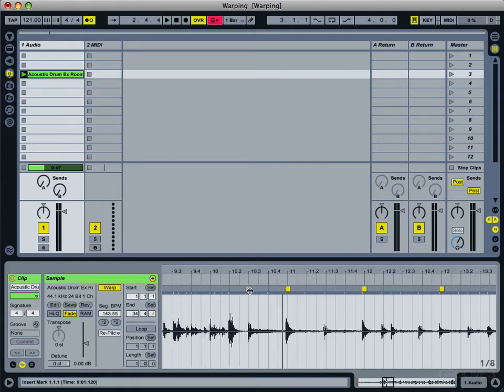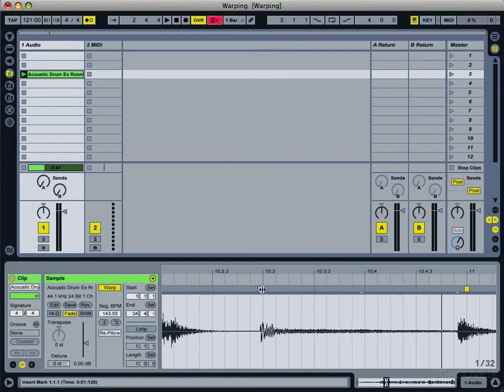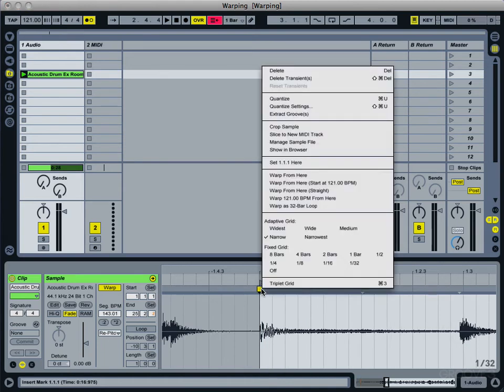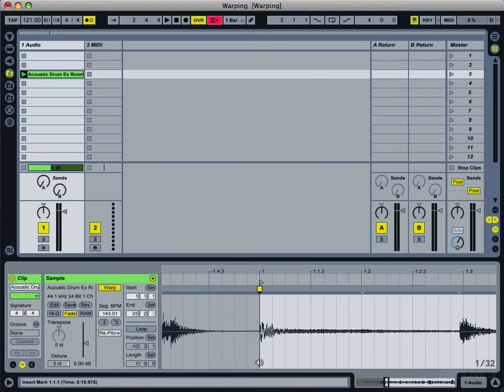So what we're going to do is, you can see there's already a transient marker there. Just going to double click on that, set 1 here, and then warp from here. We didn't need warp from here straight this time because we don't expect it to be straight, and we don't want any of these other options really. So if we try that now,